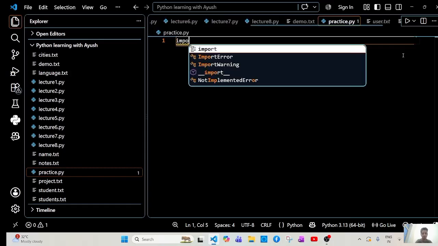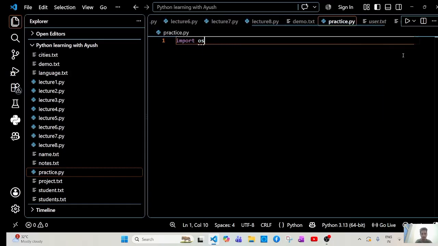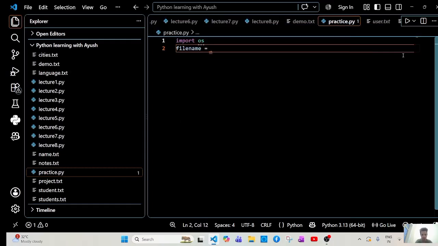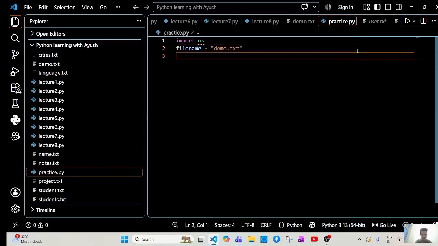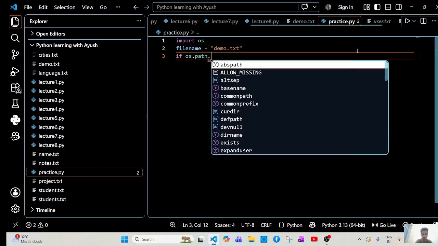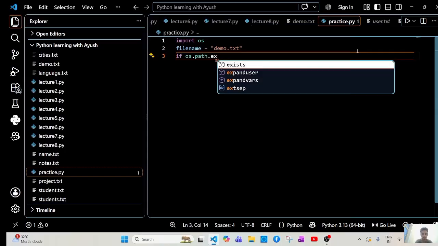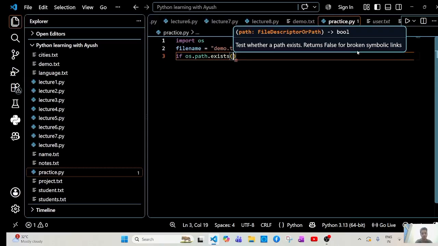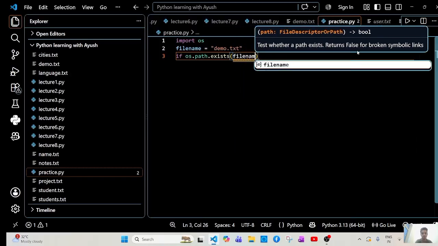So, import os, filename = "demo.txt", if os.path.exists(filename):